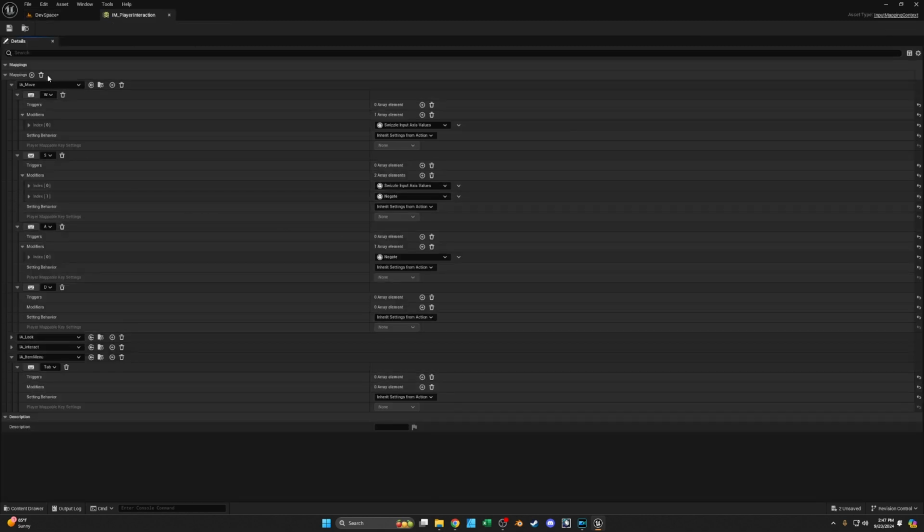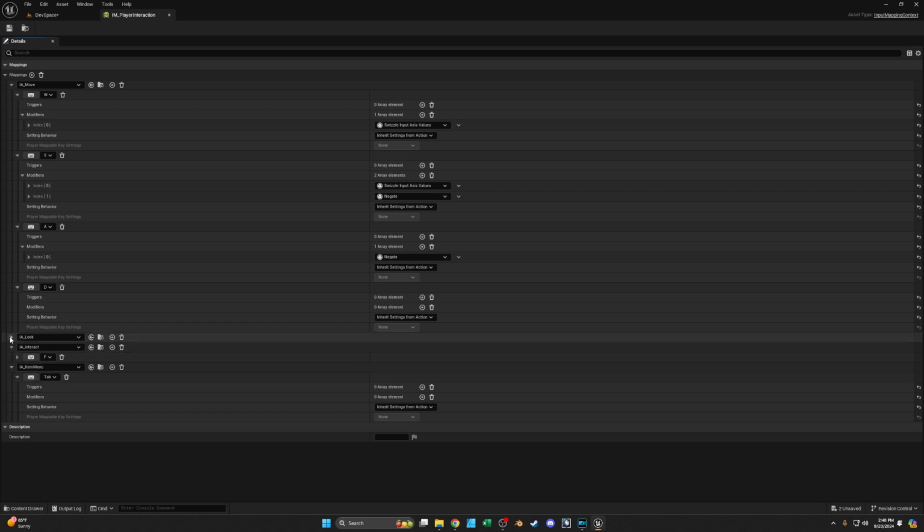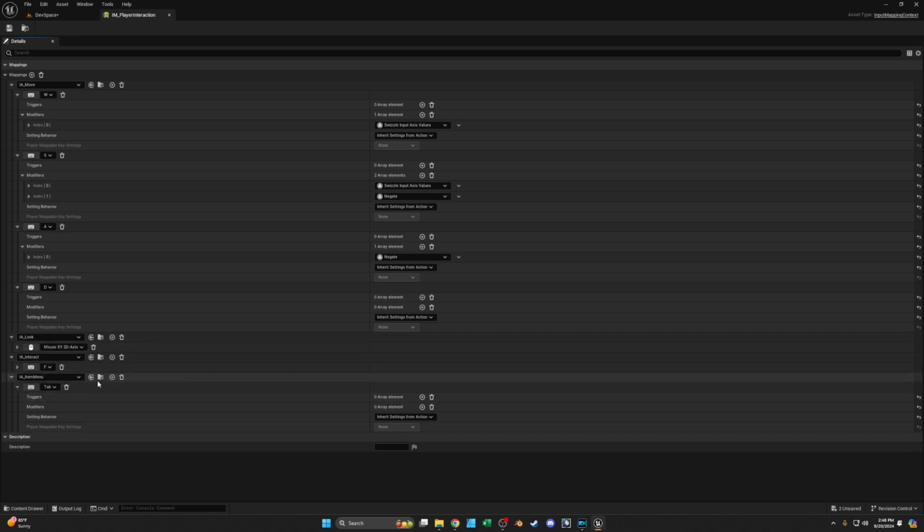The input map assigns keys to different actions that can be called within the player character once the input mapping subsystem has been applied, and then we can use these keys, which we make here,